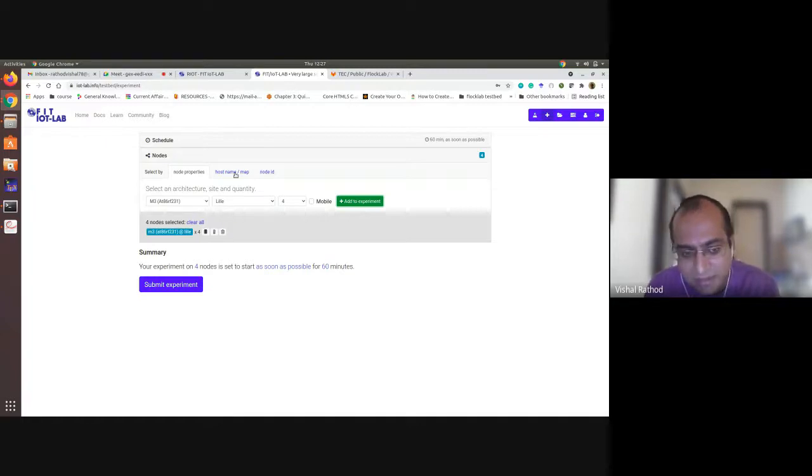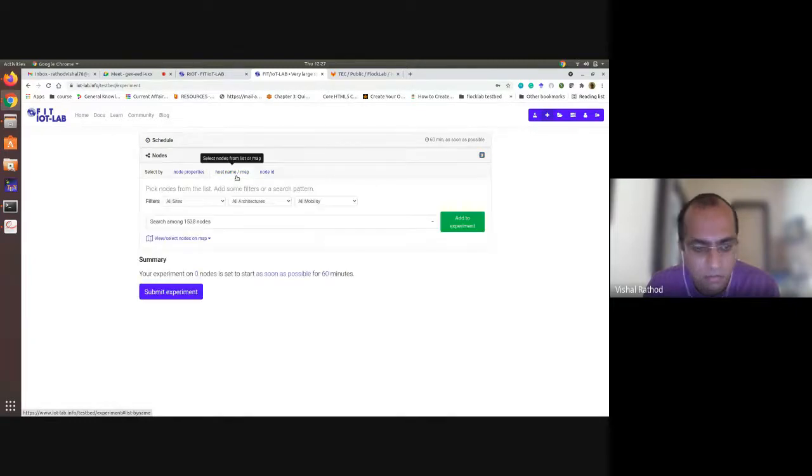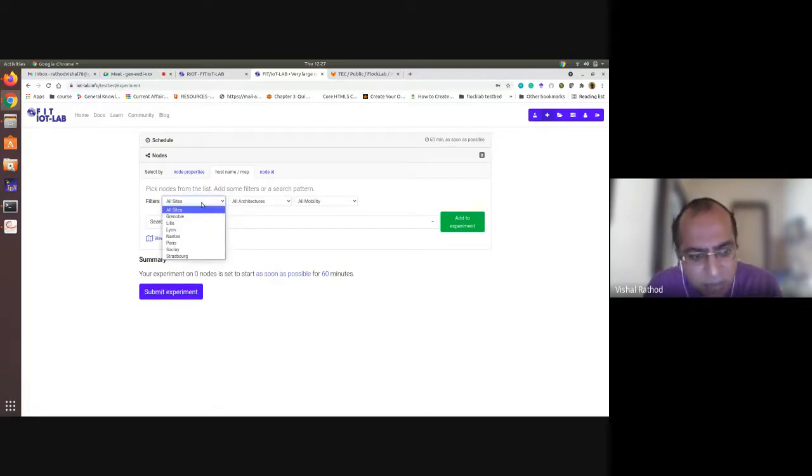The other way is by using the host name and map. Now this is the main thing that I want to show you. People asked how you can deploy and select the nodes. I already showed you that FIT IoT-LAB supports multi-topology, and how you can share it like this. First I will select the particular site.